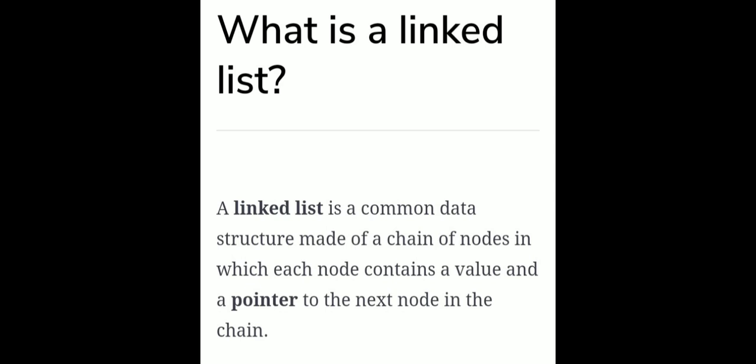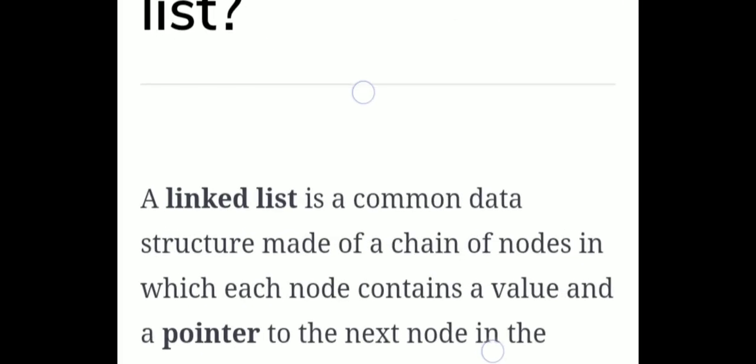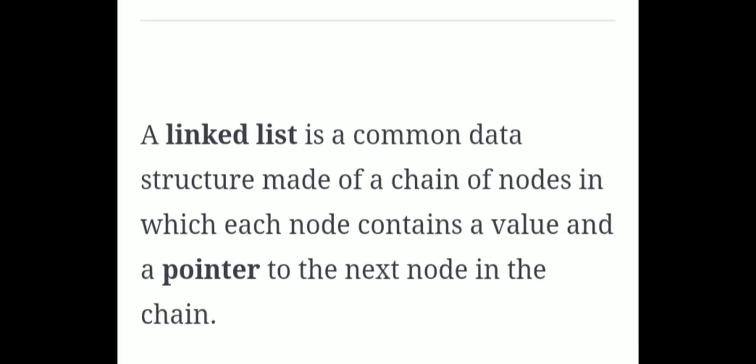Otherwise, the linked list is also a linear data structure. Linear in the sense of a sequential data structure. All the elements present in a list are stored sequentially, but it follows a concept of random memory locations. Now you may have a question in your mind: random memory locations, but the data is maintained sequentially.